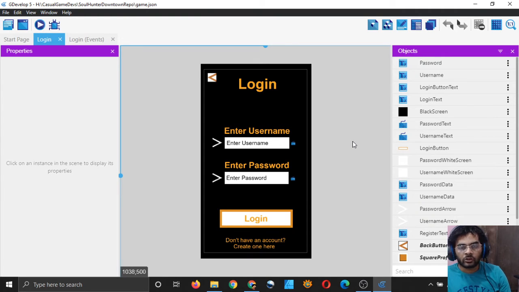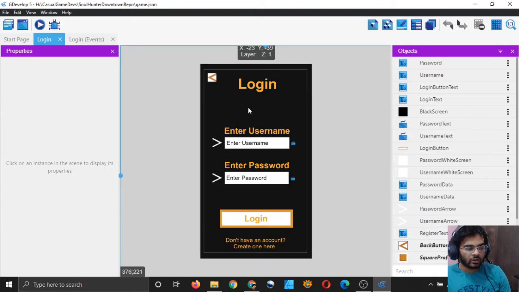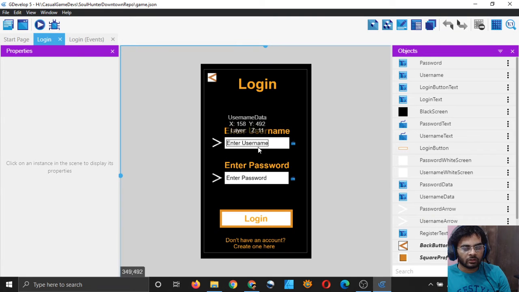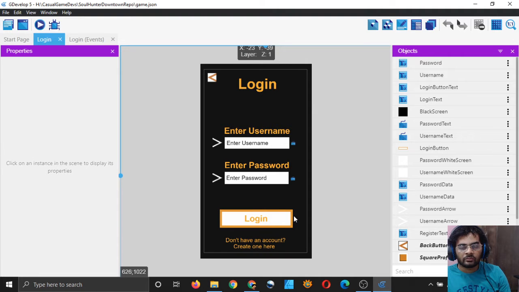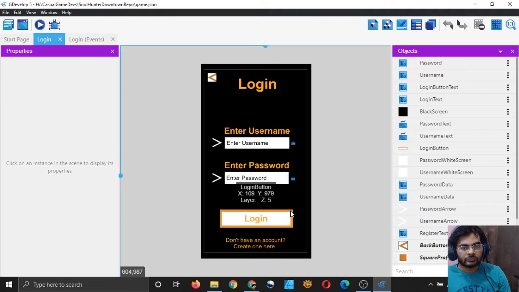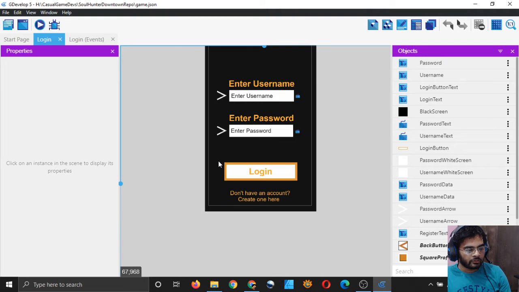When they have forgotten their password, right? Most likely. So in login scene, if you have forgotten your password, you will not be able to log in. So we will also have an option here that will let the user change their password using the code which they have, right? So we will do that now.